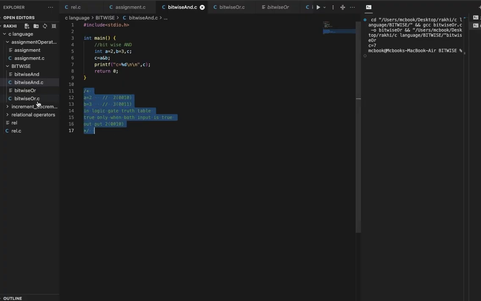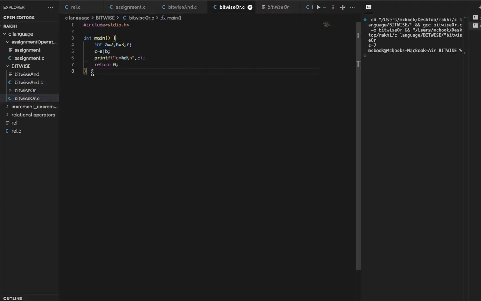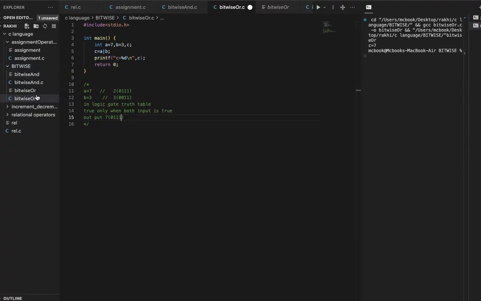The same condition applies for OR gate, as well as AND, as well as XOR bitwise, but the number changes, and OR of binary 2 and 3. You can easily see what the answer is.